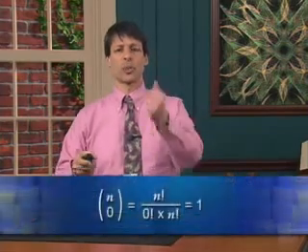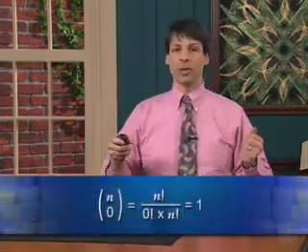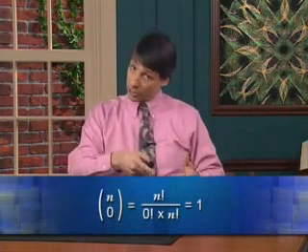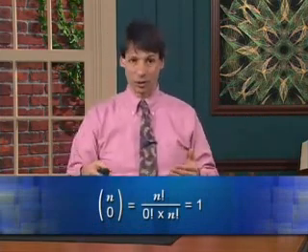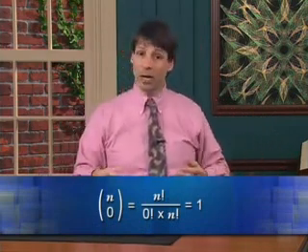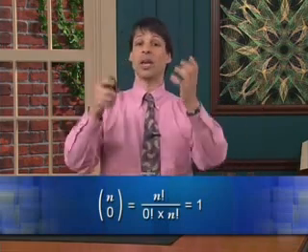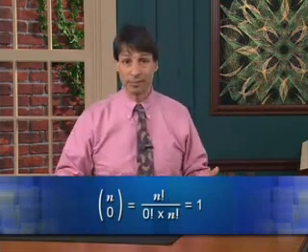So it makes sense to look at certain specific values of k. For instance, when k is 0, n choose 0 would give us n factorial over 0 factorial times n factorial. And since 0 factorial is 1, we just get an answer of 1, which makes sense because there's exactly one way to choose 0 objects out of n.